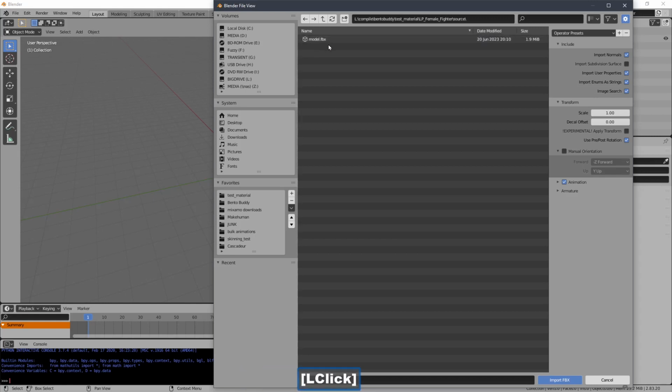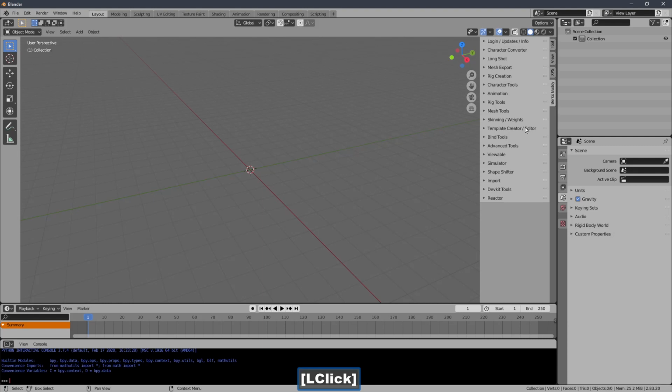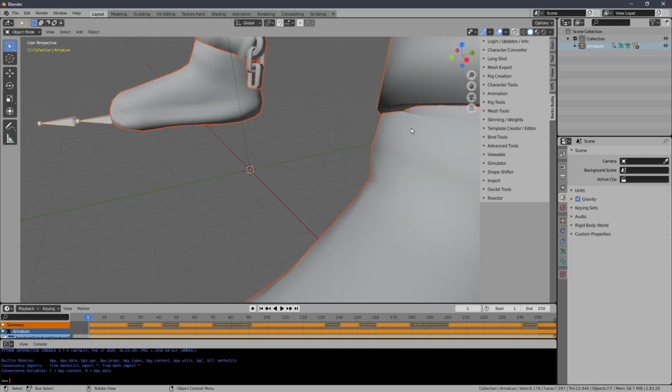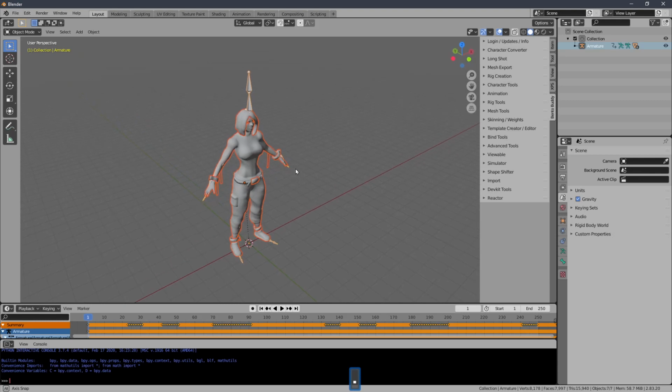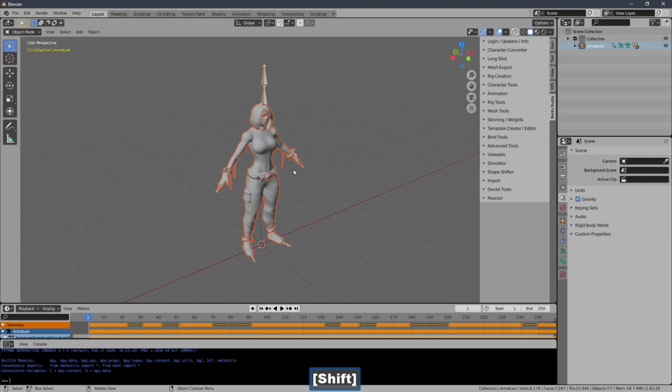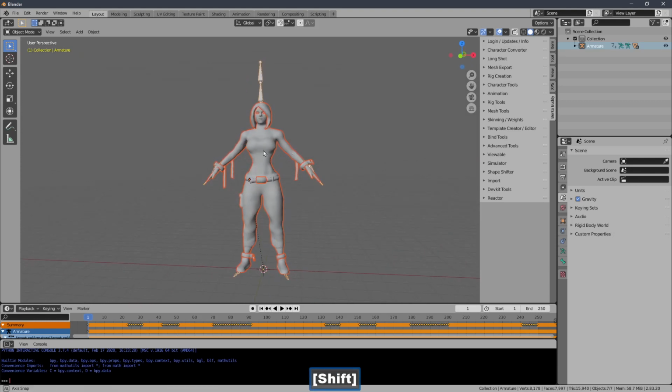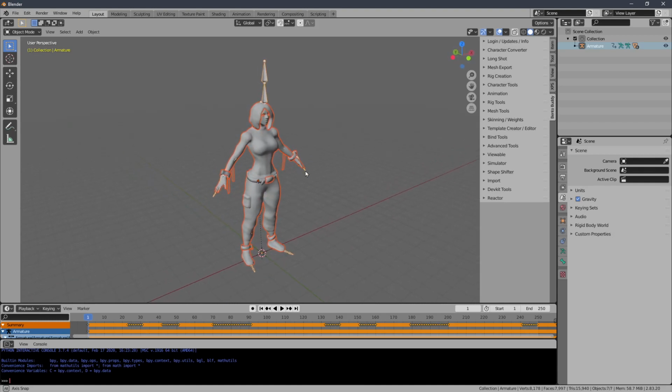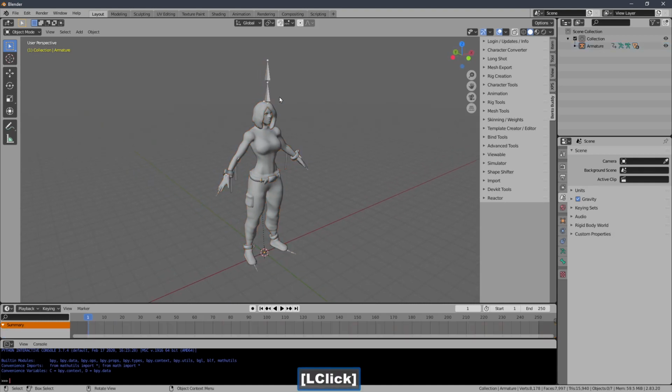The source is the model, and I'm just going to import that. This will require some preparation, but I want to show the reasons why I need to prepare it. So let's first